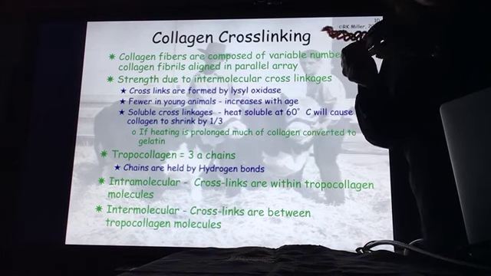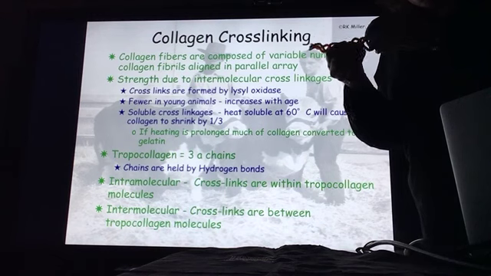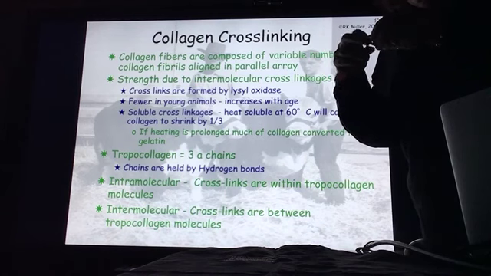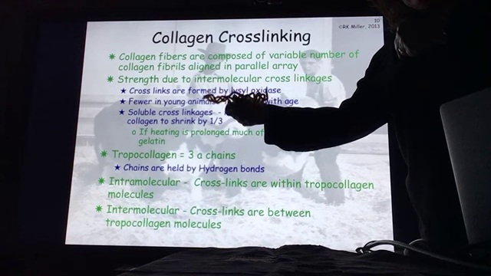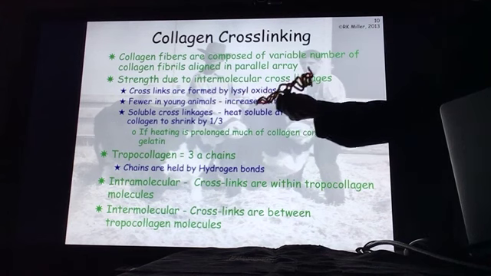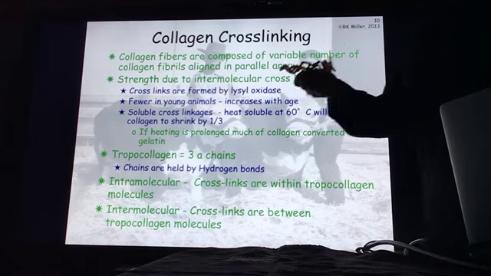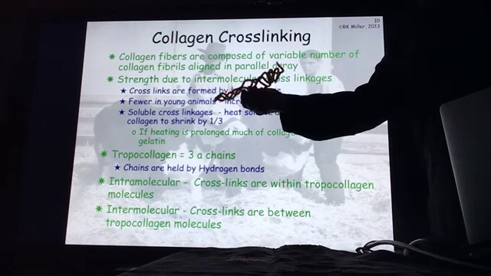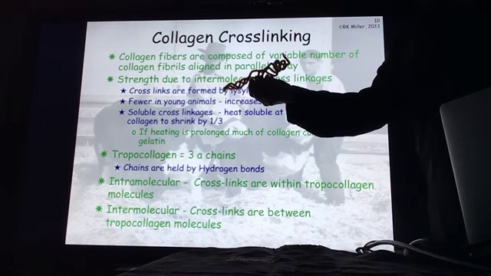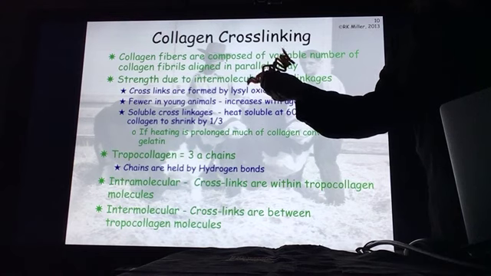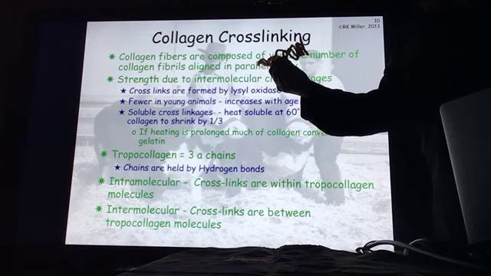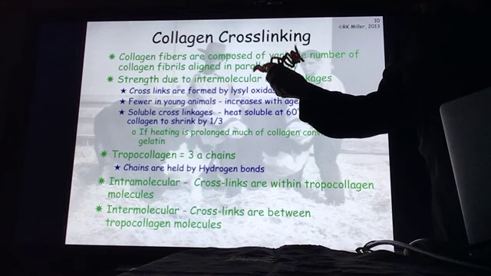And we have that 3-chain coiled helix in there, and it helps it hold together. But what's interesting about this tropocollagen is I made it out of pipe cleaners, so it doesn't need any cross-links because the wire in the pipe cleaners has some rigidity,